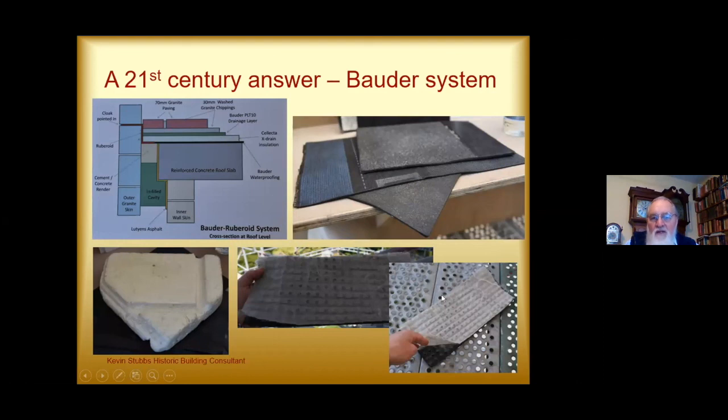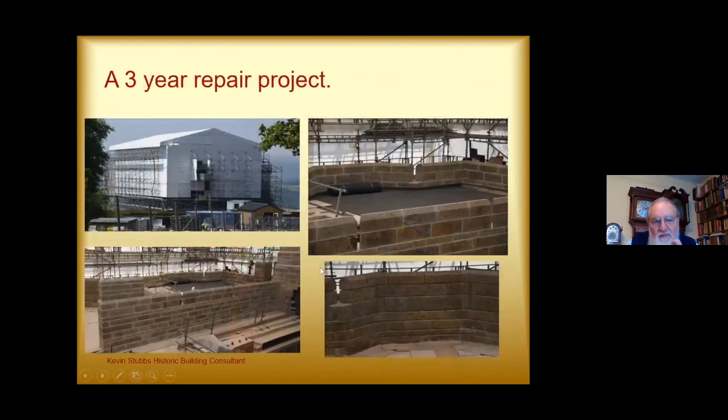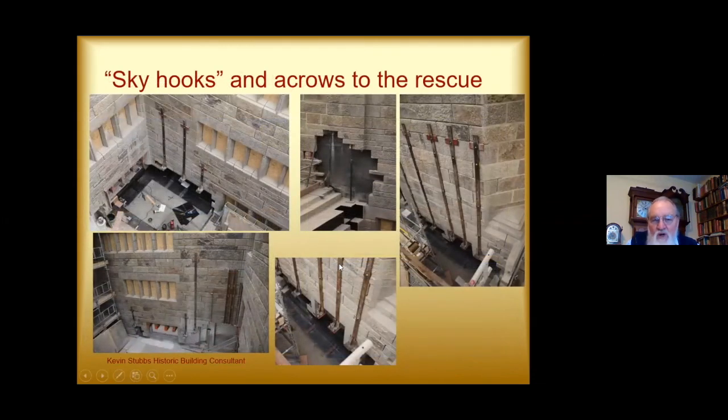It's a multiple layer material with insulation in there and drainage, a very detailed design system, which gets the water away and stops condensation on the ironwork within. Massive project costing £21 million and involving a great deal of work and ingenuity in order to get the Bowder system lapped up into the